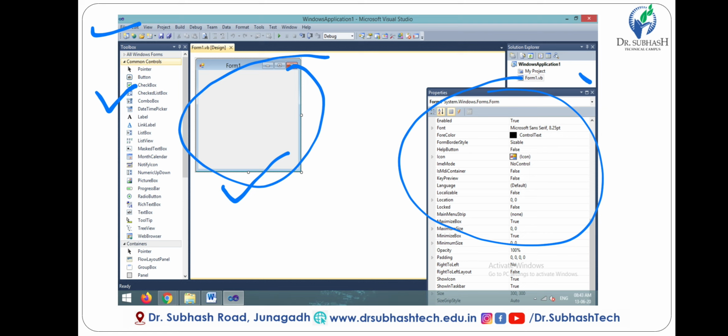This is the solution explorer. In this explorer there is Windows application 1, my project, and form1.vb, which means design plus code, both are stored in this solution explorer. So this is an overview of how the IDE works, and from this we can create various applications.